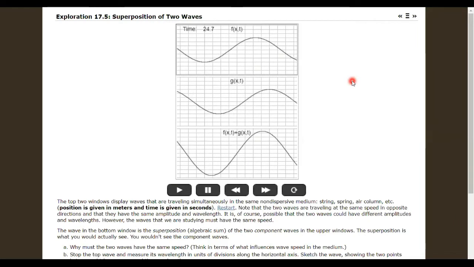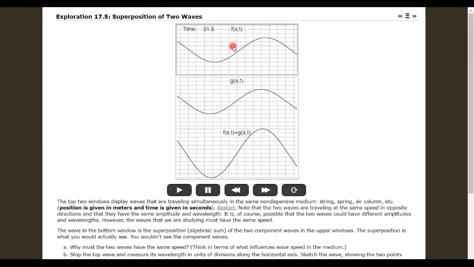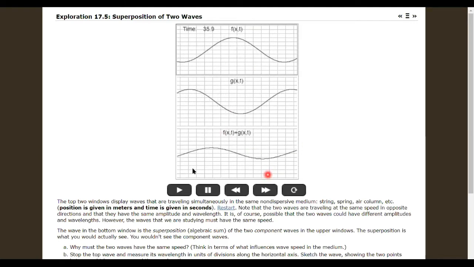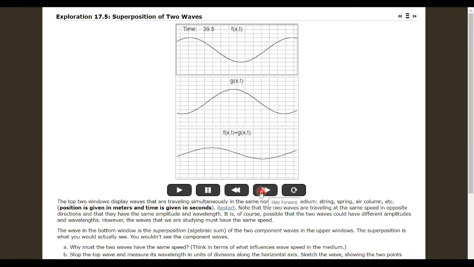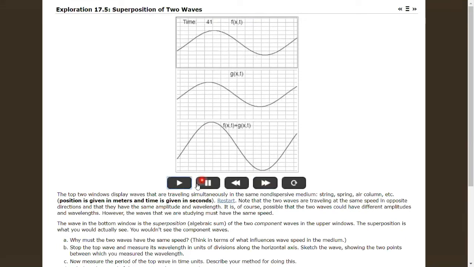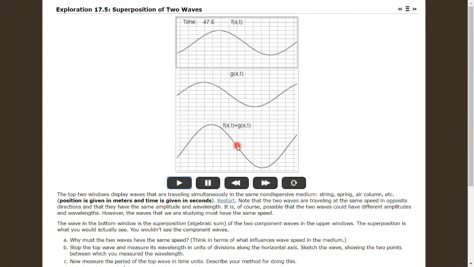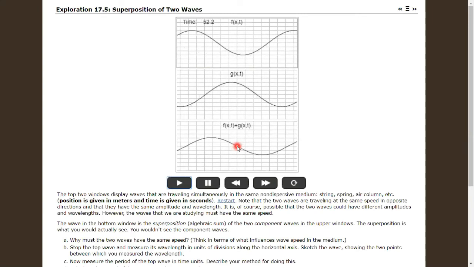So this is an example of a transverse stationary wave. We have two transverse waves traveling in opposite directions, and when they interfere with each other, they produce a transverse stationary wave. There are certain points of the medium at which the displacement is minimum, like this point. Look at this red pointer on the screen. This point is not moving at all. So this point has minimum displacement. It is called a node.